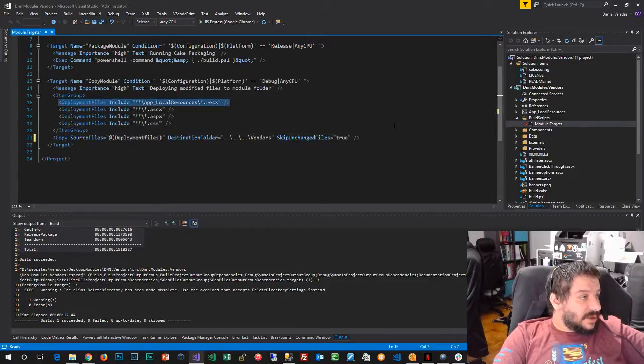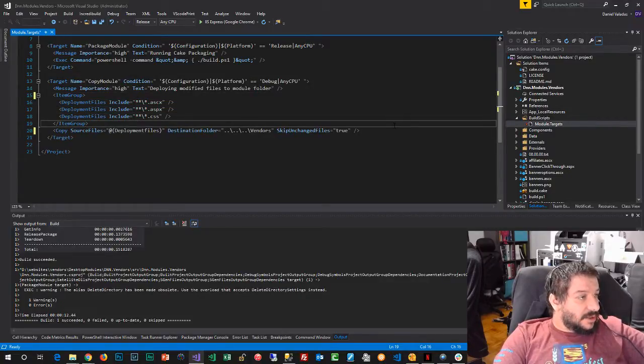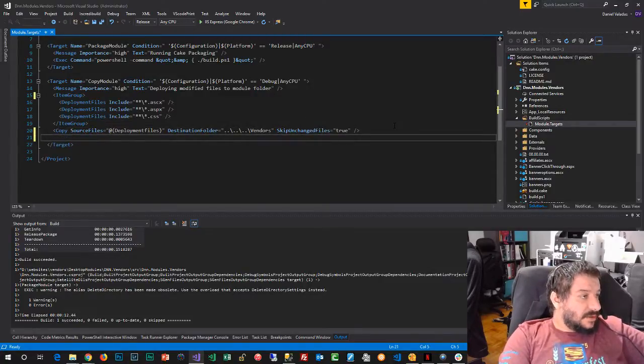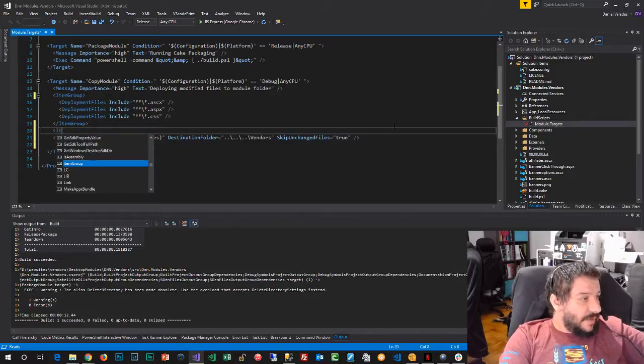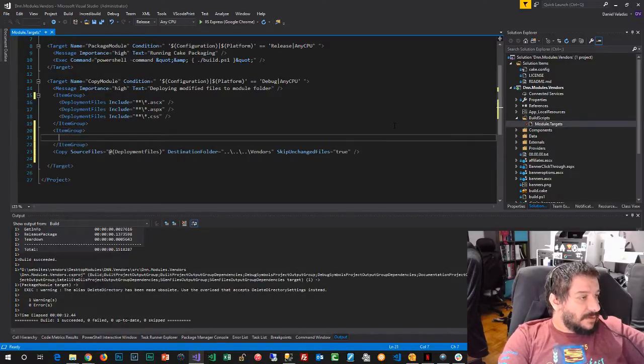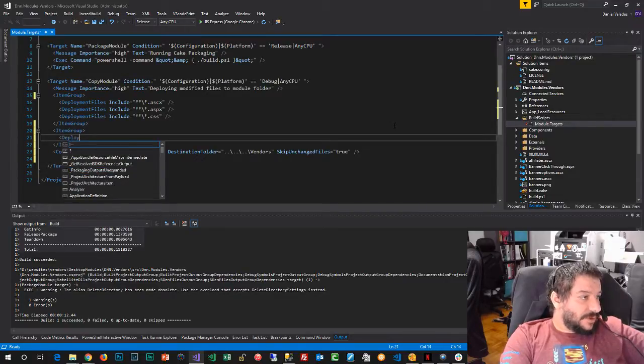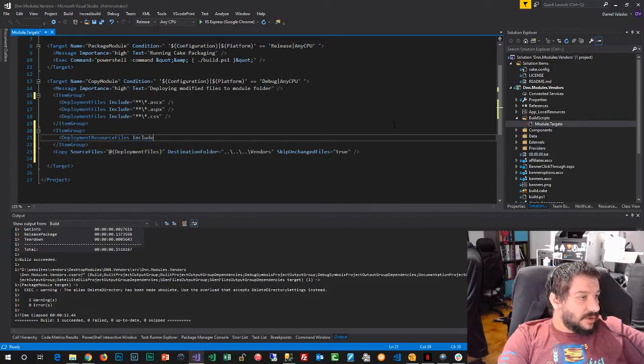deployment files, I'm gonna take out this. So these are the things that go on the root. And let's do another item group here, and I'm gonna call it deployment resource files. I'm gonna include, actually I'm gonna paste what I have. Deployment resource files,